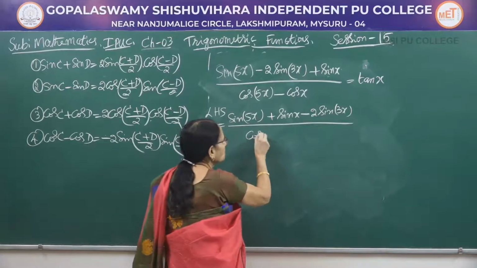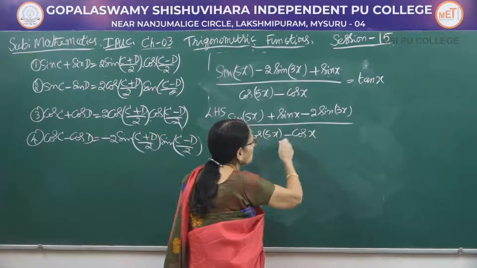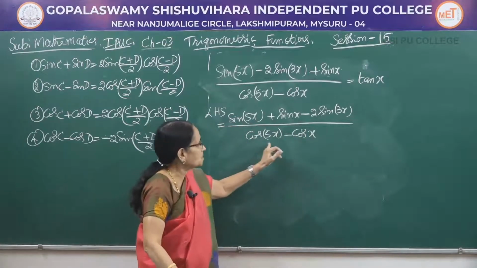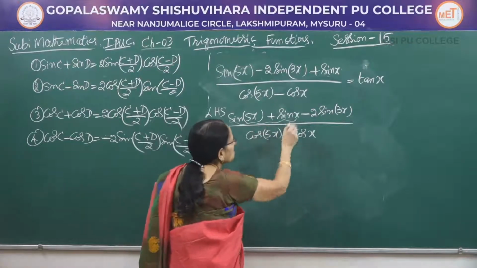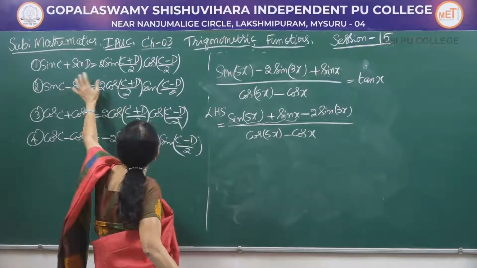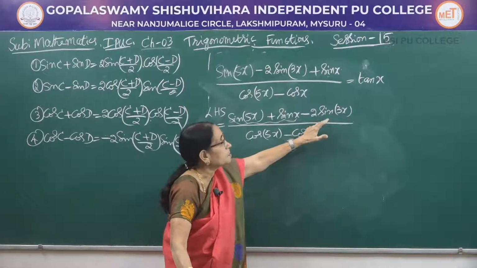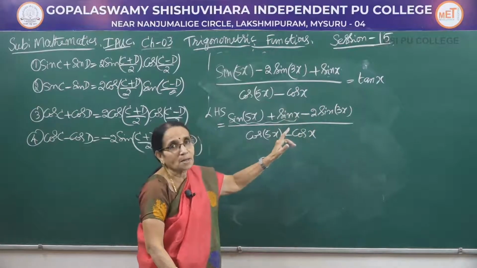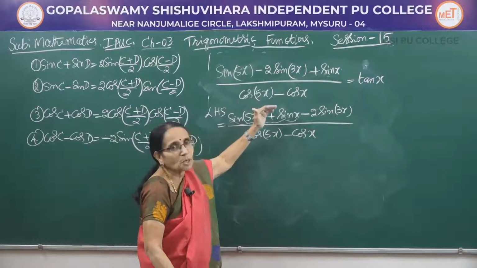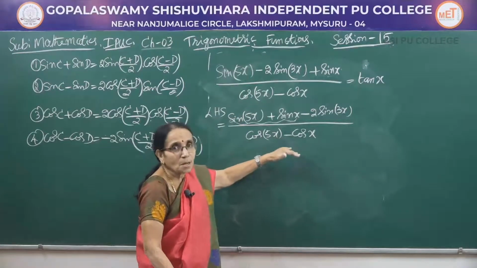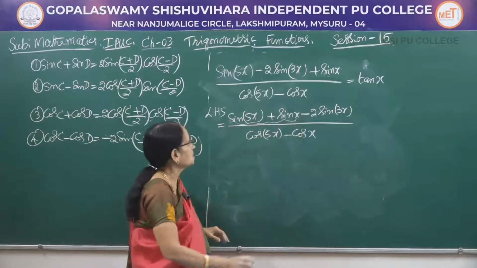Denominator we don't have a problem because there are only 2 terms here. So, the formula can be directly applied, cos C minus cos D formula. Now, for these 2 terms, you see it resembles the formula sin C plus sin D. Apply the formula, keep that one as it is. Because the right hand side we are having tan x, that gives us a hint that we have to get somehow sin x from the numerator and cos x from the denominator. Then only you may get the answer as tan x on the right hand side.